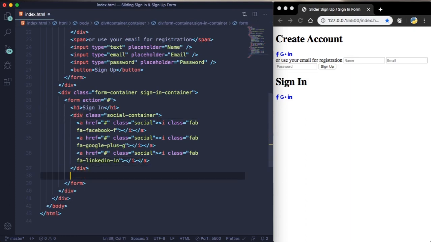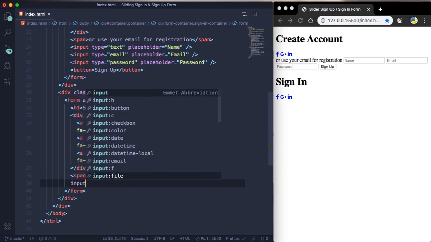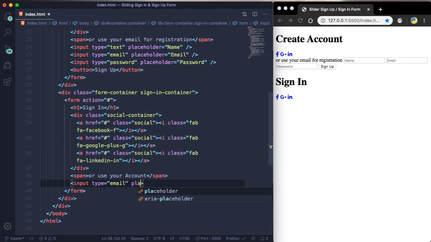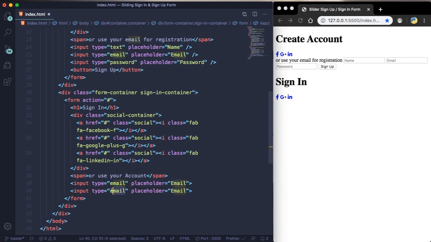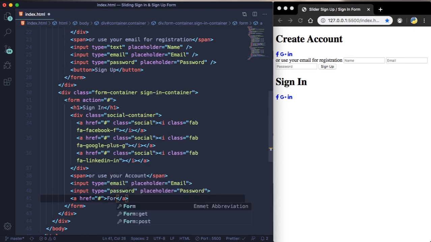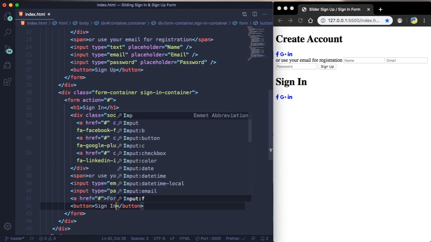Now let's move to our span. And here we're gonna say or use your account, okay? Now let's go to our input. This one type email, placeholder also email. Let's copy this one and paste. Type password, and placeholder also password. Okay, and here we're gonna have a link and type forgot your password. Now it's time for a button. This one, sign in. Okay,